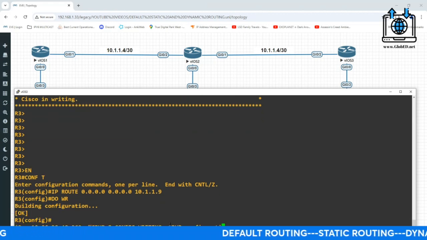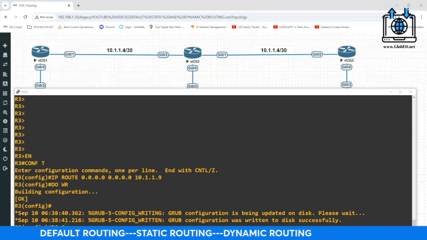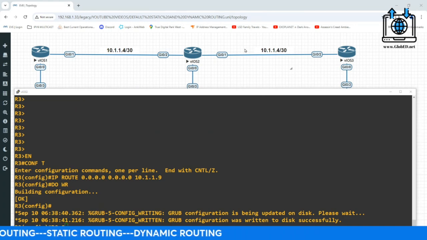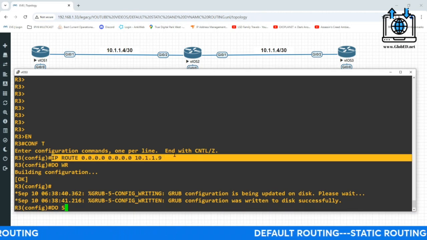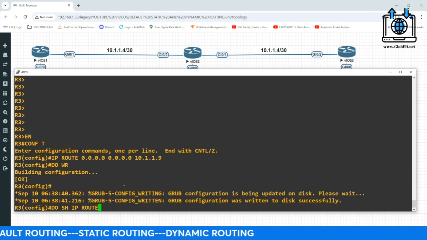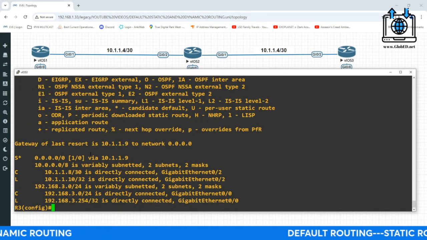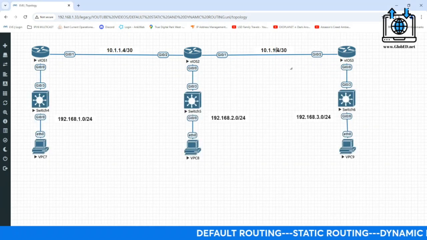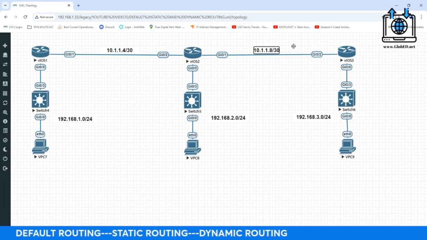Let's take a look at the routing table. Do show. Oh, you can't see it, can you? Let me put it up a little bit higher. Clicking on the wrong screen again. So this is what I did. Right, because this is wrong right here. And then I'm going to do a do show IP route. Okay, and we have our S with our asterisk. Lovely. And let me change this right now so it doesn't cause any more confusion. This is 8. You have 9 and 10.